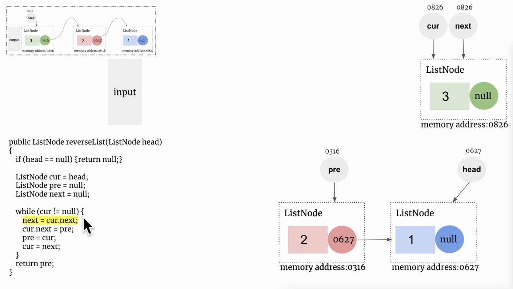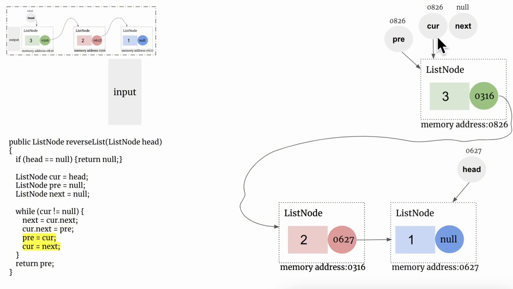Our goal for node 3 is to transform from the last node into the first node, and node 3's next reference should point to node 2. So I need a pointer next to help me maintain the current next reference of node 3. Now next is holding the value null. Pointer pre helps me update node 3's next reference from null